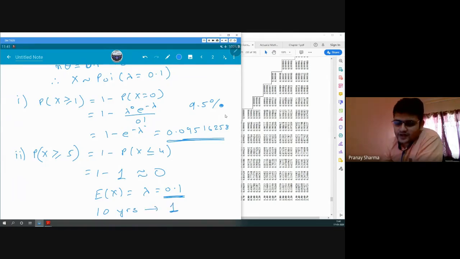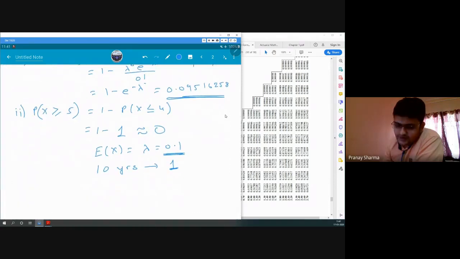Now here our expected value was very small. Let's assume that we are talking about car accidents. So we say that the probability of us getting into a car accident will be very, very small. Something like, we'll say 5 into 10 raised to minus 8. But every day there is someone getting into an accident, right? Because the population is very large. Let's say the population is 10 raised to 10. So our expected value here will be actually 1000.